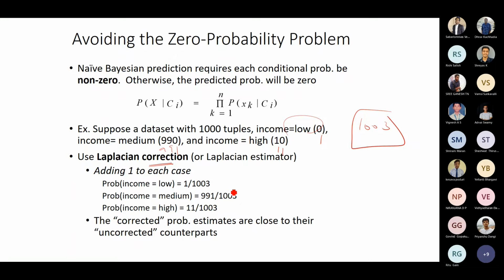This will avoid the 0 probability error. Anyway, if the income is low, it will be taken care of by multiplication, and you will anyway have a lower value, provided all other values are higher. So all other values, for income equal to medium and income equal to high, are higher. Supposing you have two features, and in one feature you have the 0 probability, and in the other feature you have the highest probability, it should not cancel out this highest probability value.